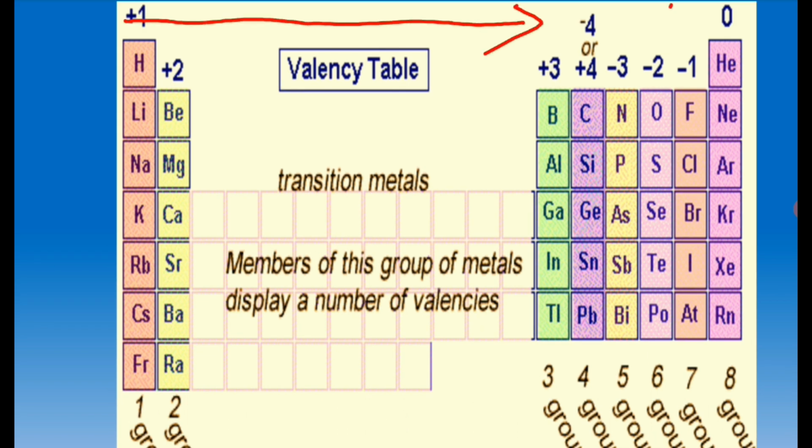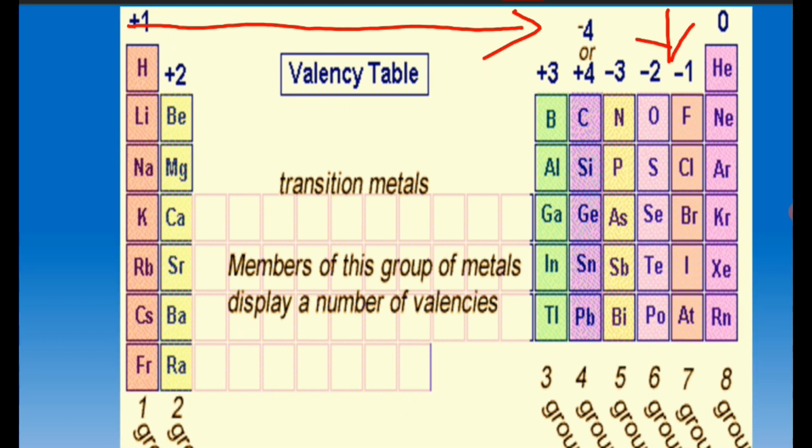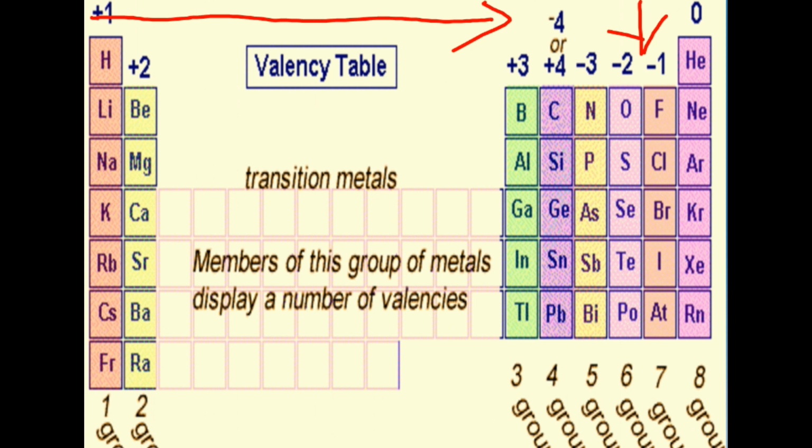After that the valency decreases. So you can see +1, +2, +3, +4. After that it decreases to -3, -2 and -1 and then 0, right? So this is the trend in valency. Depending upon the group, we can say what the valency is. If it is group 1, it has 1 valency, group 2, 2 valency, group 3, 3 valency. Likewise, you can say what the valency of each element in that particular group is. So across the periodic table, the valency keeps on increasing, then it decreases.